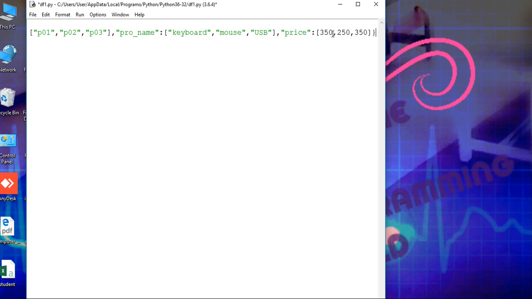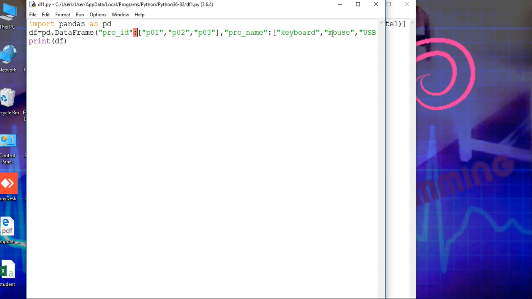Now print df. Invalid syntax. Okay, a dictionary should be enclosed in curly braces.